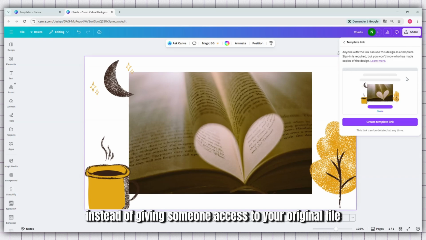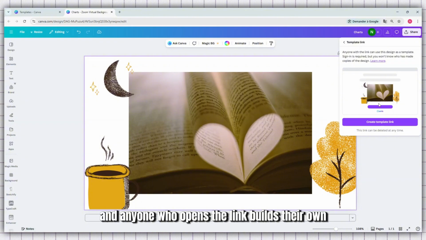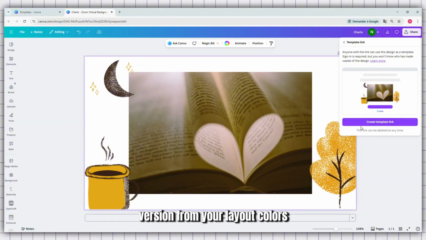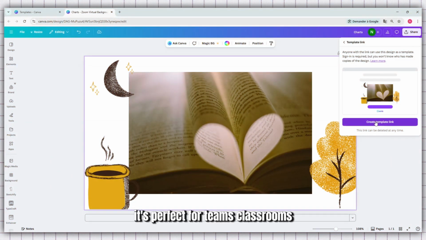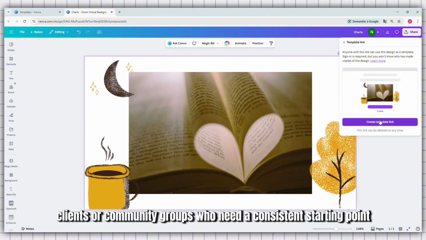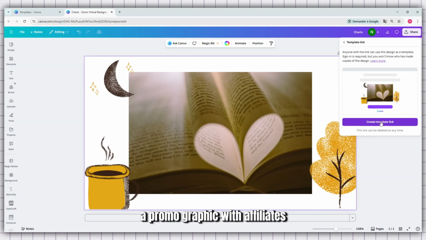Instead of giving someone access to your original file, it creates a fresh copy for them to work with. That means your design stays intact, and anyone who opens the link builds their own version from your layout, colors, and elements. This helps protect your original while still allowing flexibility. It's perfect for teams, classrooms, clients, or community groups who need a consistent starting point. For example, you might share a social media template with a VA, a promo graphic with affiliates, or a branded